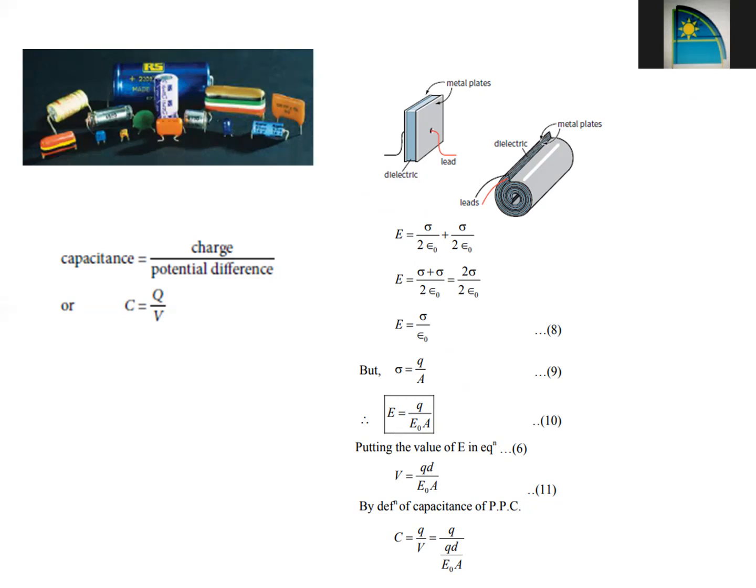So basically we always deal with a parallel plate capacitor, which is shown here, appearing like a book in this case. It is important to know, as we can see in the formula, that the capacity of a capacitor depends upon charge and potential. Directly, it doesn't depend upon electric field. So when you have a different shape of capacitor, first you will find the value of electric field. For that, you will use Gauss law. Again, the link is given in the description box. How do you find the value of electric field using Gauss law?